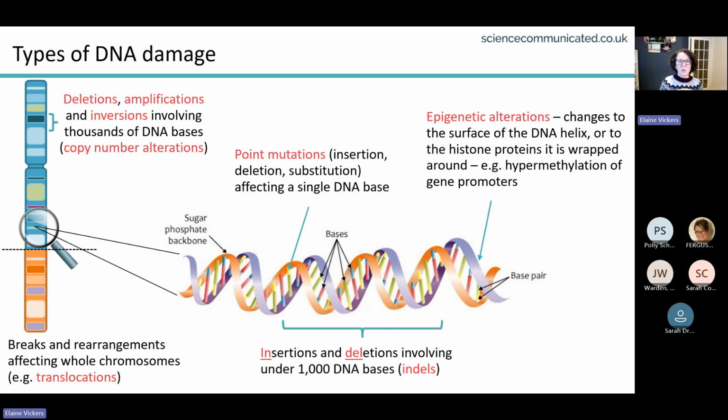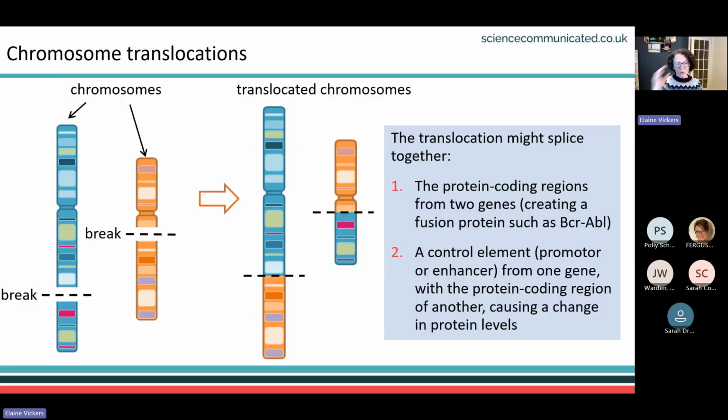So epigenetic modifications or epigenetic alterations, we find these in cancer cells. The wrong bits of the chromosomes are relaxed, the wrong bits are tightly coiled. The cell is therefore making the wrong amounts of different proteins, and that's influencing the cell's behavior. I'll just give you a few